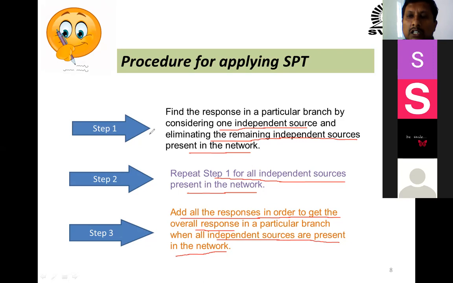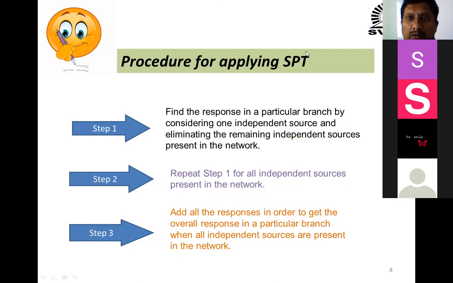So step number 1 means what? You have to consider one independent source at a time, and due to that, you can calculate the response. But while calculating that, other voltage sources you have to make short and other current sources you have to make open. Like this, you have to repeat it for all individual independent sources. And finally, we have to add all these responses and you can get the final overall response. Okay. So this will be the procedure to apply the superposition theorem. Now, what we can do now, we can finish the applications and then we can move towards solving the first example. आपण काय करूया, एक example घेऊया.